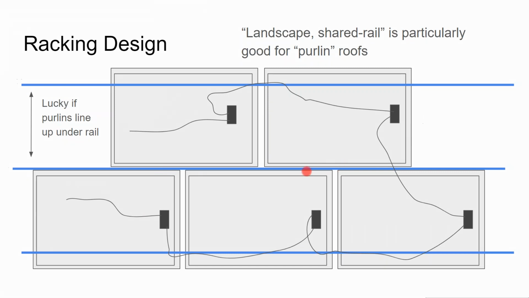I actually ended up using this shared rail system for another reason. When your modules are clipped in like that, you only get 4 points of connection between the module frame and the rail. On a shared rail system, the entire module frame, the whole side of it, is laying on top of the rail. And so you get a lot more rigidity out of the system. We're going to talk about that later.